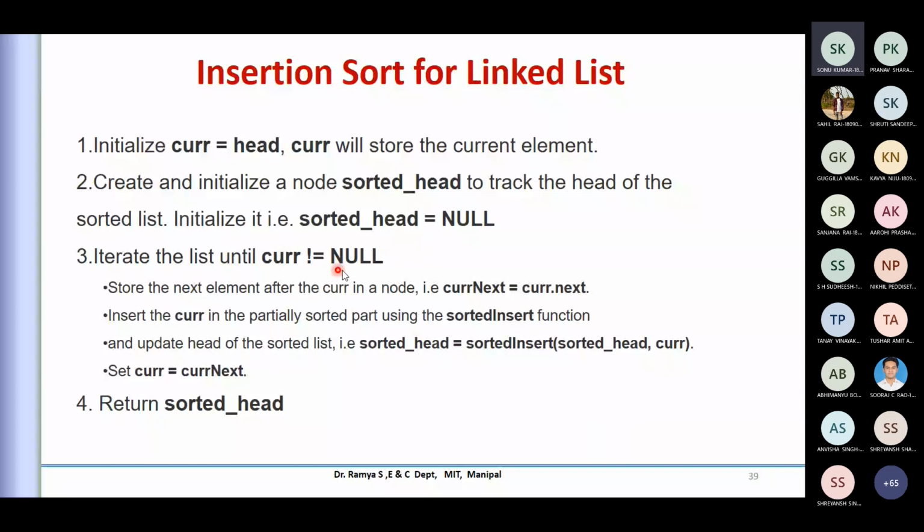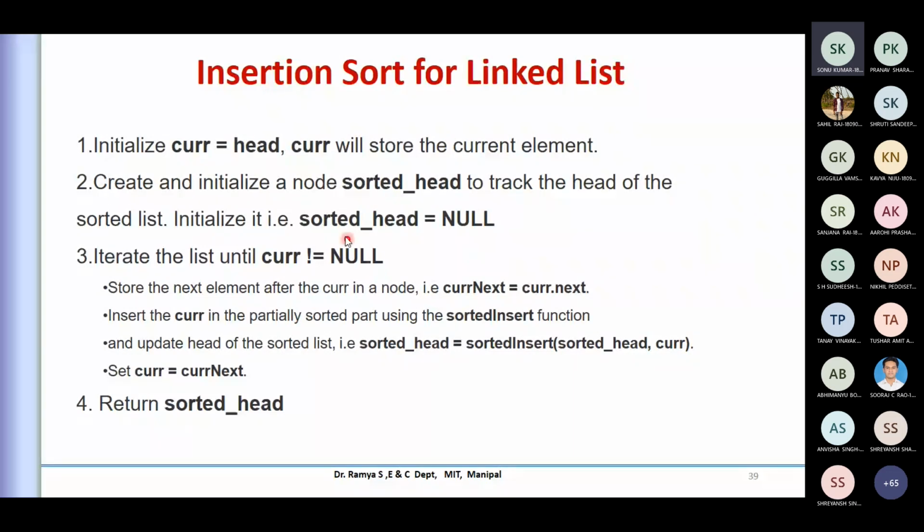So that is what you're iterating for. You iterate the current pointer wherever the address is not null, because null happens only at the end of your list. Now store the next element. You're looking at the next element after the current node, so the current's next.